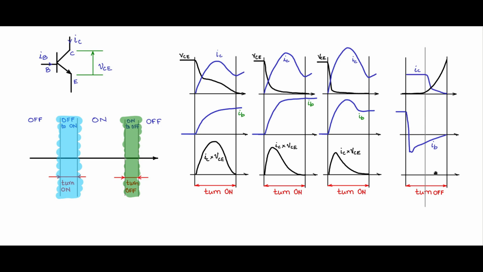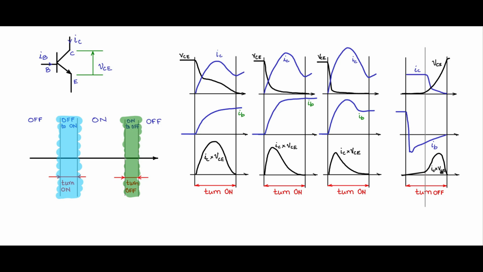What about the power curve? Even in the power curve, during this period, VC is 0, so not much power dissipation there. If I take IC into VCE here, there is only a slight increase, a slight power dissipation, and the majority of the power dissipation happens here when it is passing through the active region. So this moves in this fashion. This is the IC into VCE curve, and this is the instantaneous value of the turn-off loss.